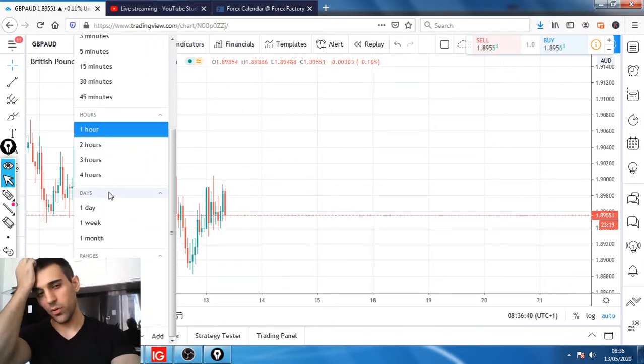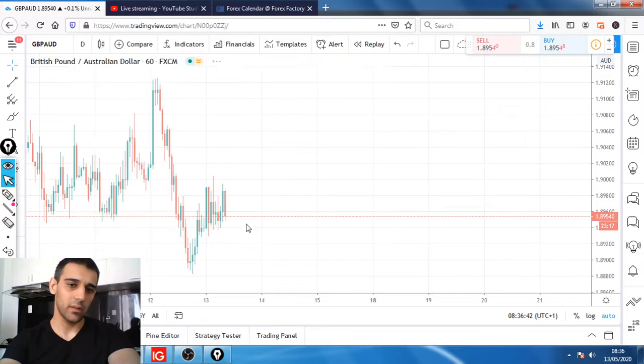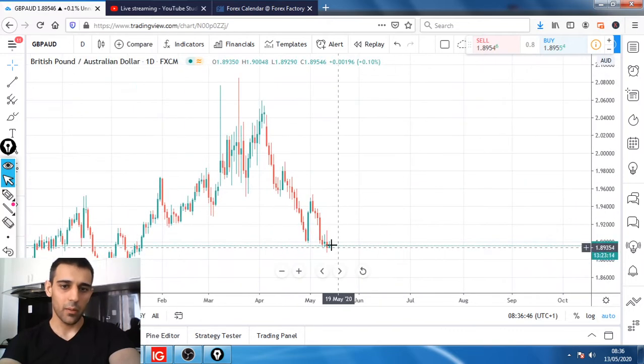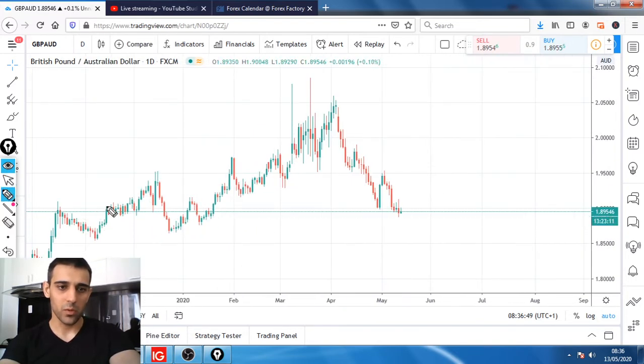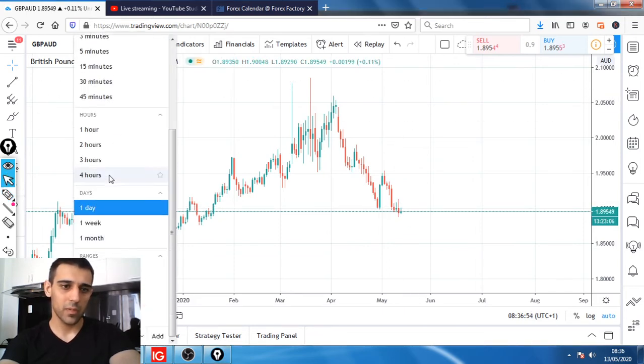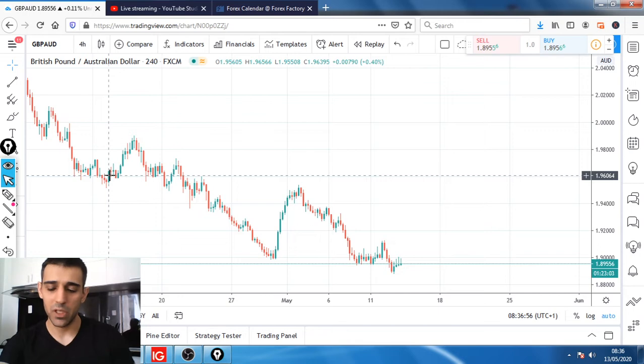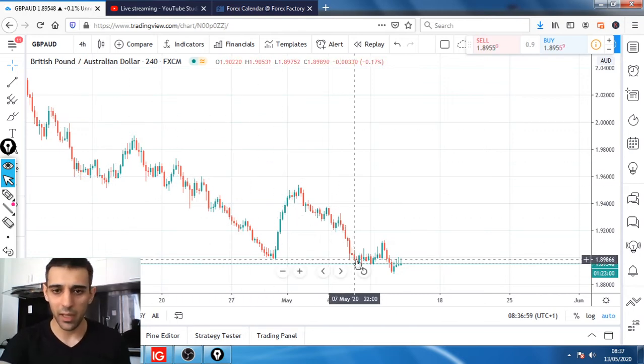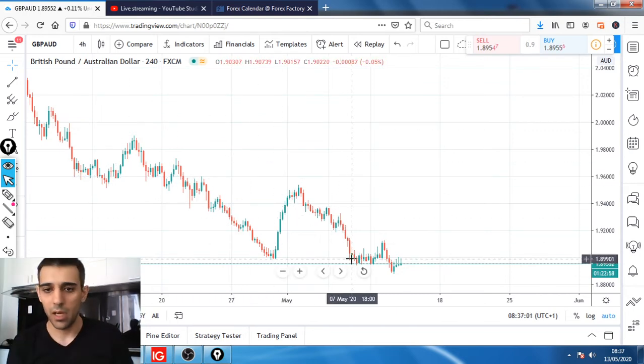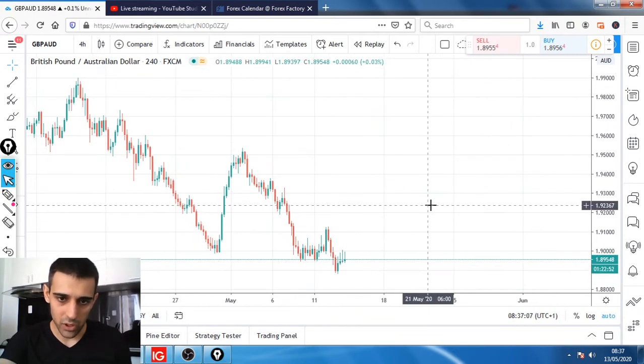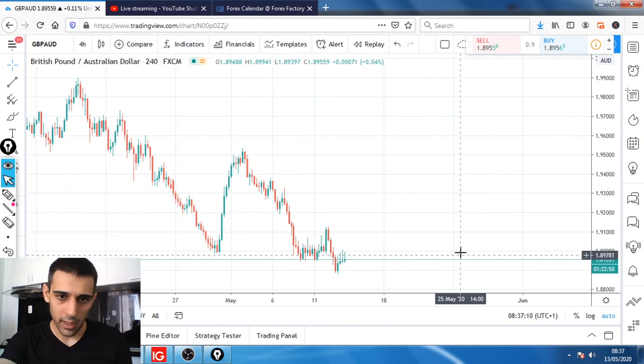I'm just looking for what would be potential for the entry. The only ones I see, oh, we already missed that one obviously. That was the good target in here, that's done. And for the second potential entry, unless you want to just jump in straight away. But personally, I do not do that. I like to wait for that kind of level before I jump into the trade to get a better entry. So in this case, this is one.